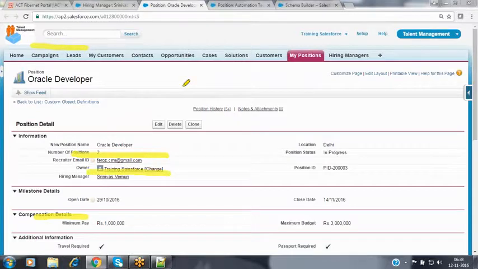Both the records, the parent record and the child records, have the owner field. What it means is the parent record may belong to one user, and child records may belong to some other user. Whenever you create a record inside the Salesforce instance, the owner always has full rights to remove the record.